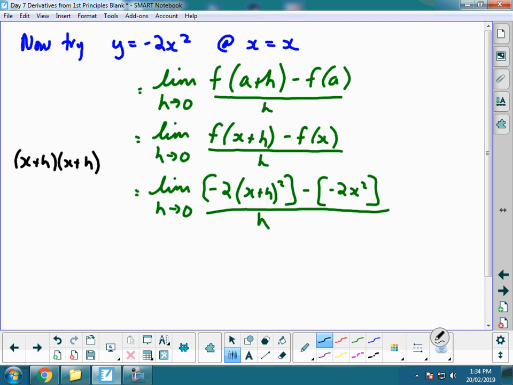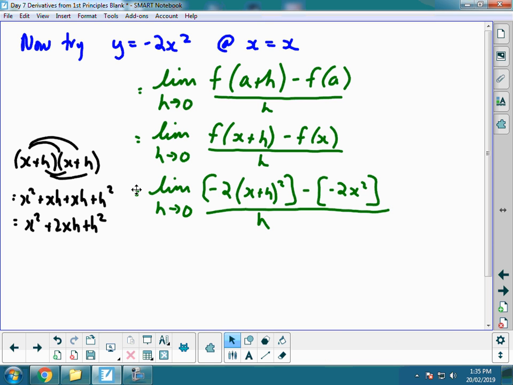So I'm going to do rainbow again off to the side here just to make sure I'm careful. X times x is x squared. X times h is xh. There's another h times x, so xh, and finally an h squared. So that's x squared plus 2xh plus h squared. So this x plus h squared rainbows out